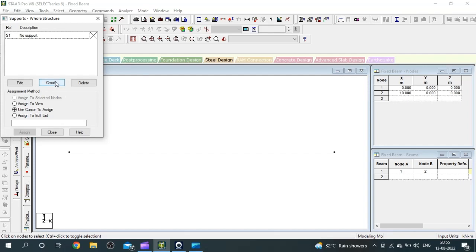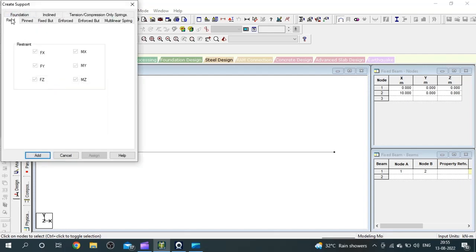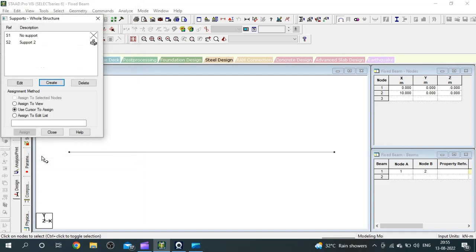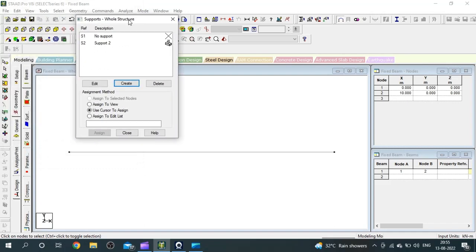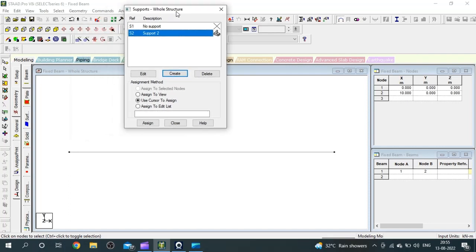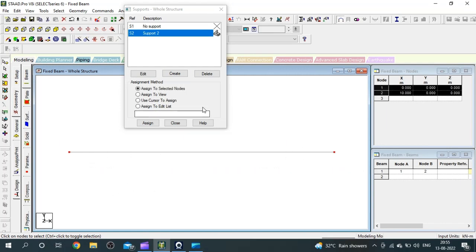To create the fixed support, we have to click on create button and select fixed support and add. So here is support number 2 that we have created. Now we have to assign this support to the respective nodes. So as the beam is a both-ends fixed beam, we have to assign this support number 2 at both the ends. Okay, so now using the node cursor, we'll select both the nodes and select support number 2,